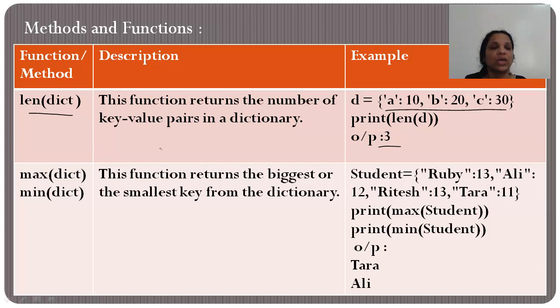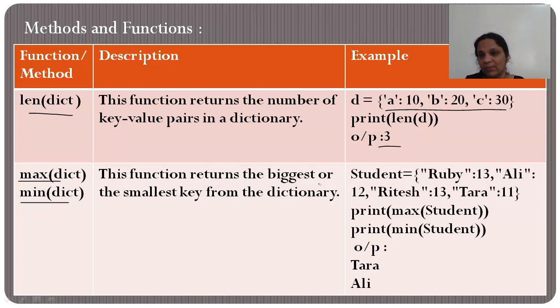Is that clear? Okay. Coming to the next functions, which are the max and the min function. Now what do max and min do? They find the largest and the smallest. But remember, our dictionary consists of two things, a key and a value. Is it going to find the largest key and the smallest key, or the largest value and the smallest value? It is going to be working with keys.